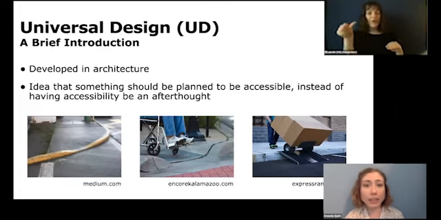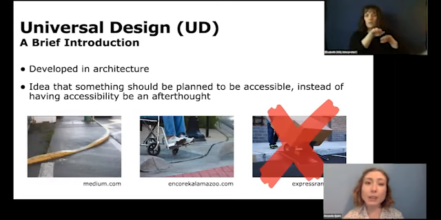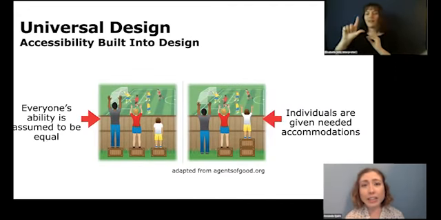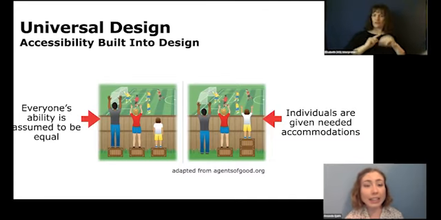Someone who has a trolley with heavy packages on it or someone pushing a stroller can also have easy access to a sidewalk. When a curb cut doesn't exist, a temporary ramp must be placed there or a curb must be retrofitted to have a ramp. And while this is important, it's not the goal. We don't want to have to retrofit things to be accessible. We want them to be accessible from the beginning. Universal design is really a framework or a mentality or even a goal that we're working towards.